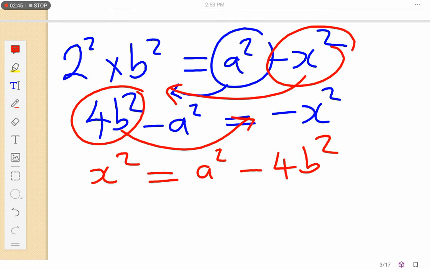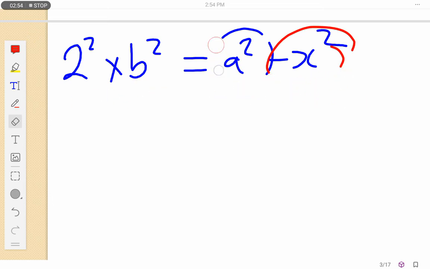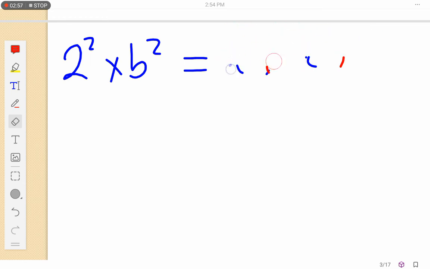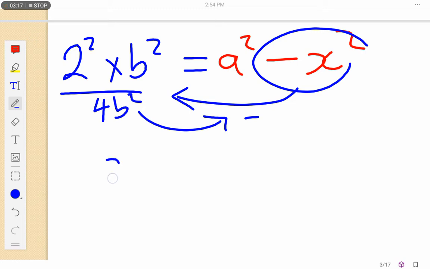Maybe if I have, let's go back a little bit. So here I've got a squared minus x squared. I said when we reach this point, I want to make my x the positive, so I'll take it this side, and this part here is 4b squared. I'll take it this side, it becomes minus. So let's do that. We get x squared is equal to a squared minus